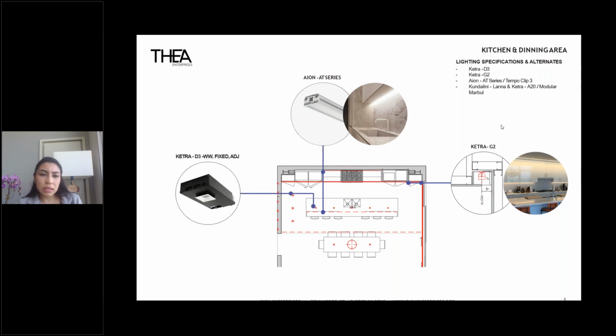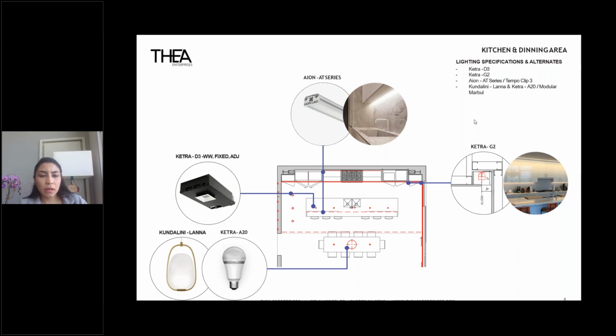Wherever we have recessed downlights, we are using the Ketra D3 family of downlights, which has a fixed adjustable wall wash option. Over the table, we are using the Kundalini Lana and Ketra A lamps. I think most of you are probably familiar with Ketra. So the intent here is to really have full tunability of the color temperature, as well as have some opportunity to create saturated environments for special events. So Ketra gives us that opportunity, and it also communicates wirelessly back to the control system. So it's very versatile in that sense,